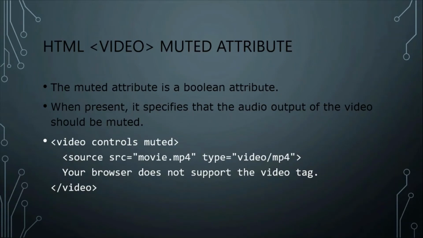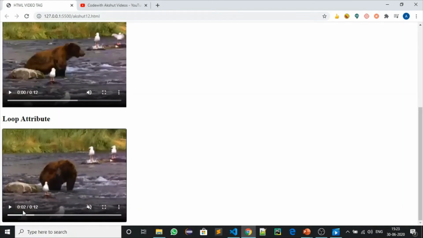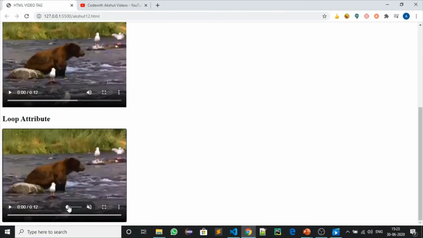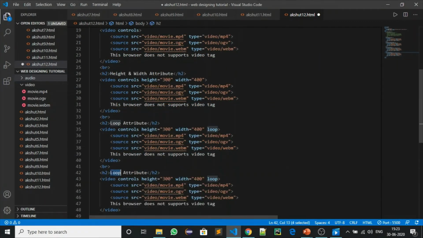Like here, let me show you on the browser. The audio is full, we can make it less or more, but with muted it will initialize like this, it will open like this, and it will play no sound here. This will happen with the muted one. So if we want to do it by the code, then we will copy this again and paste it here. Instead of loop, we will write muted.